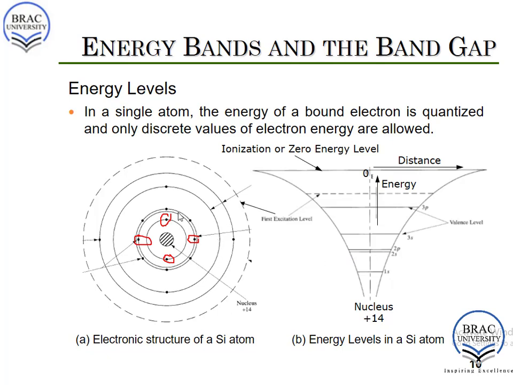So if we go on, there are 6 electrons in the 2p orbital. Their energy is different from the 1s and 2s orbitals, but all the 6 electrons here have the same energy, and that is denoted by this line. As we go further away from the nucleus, the energy actually increases. This is shown in this diagram. As the distance increases, the energy also increases. Okay, so this is the case when the silicon atom is isolated and has no interaction with any other atoms.